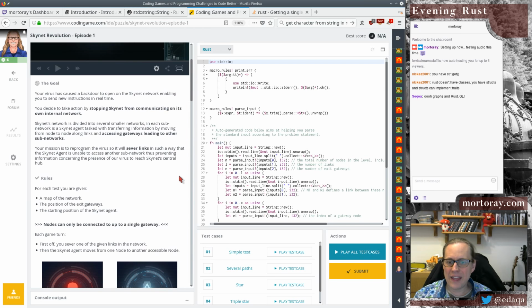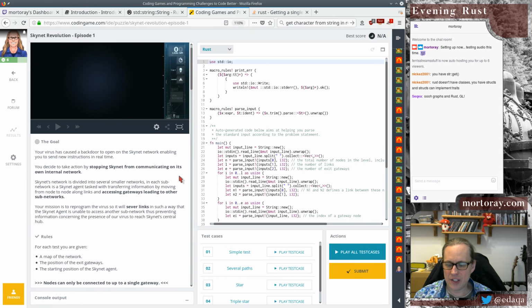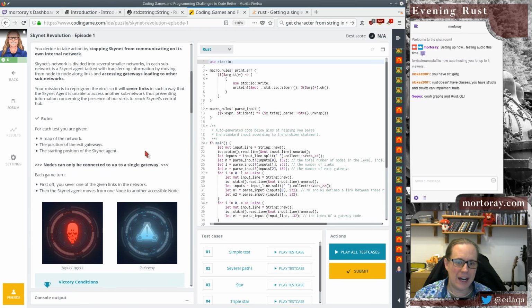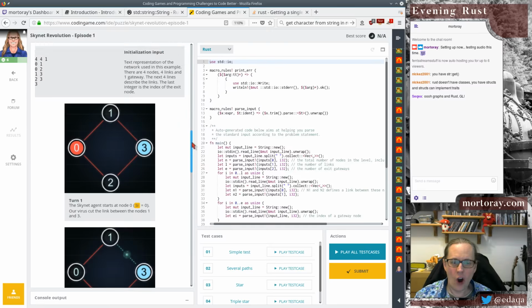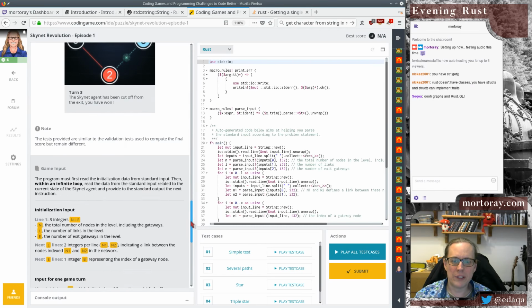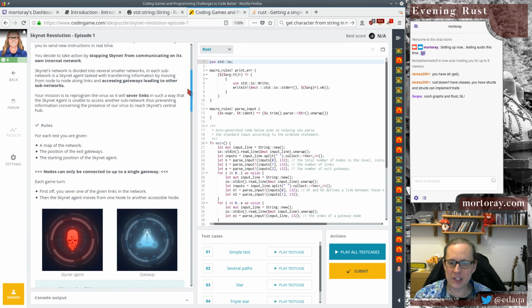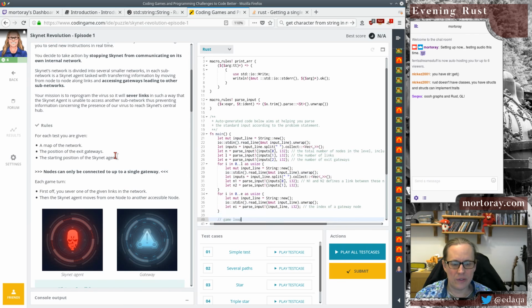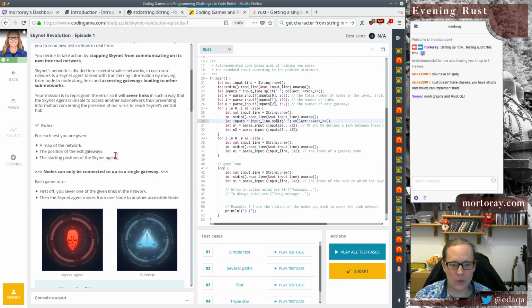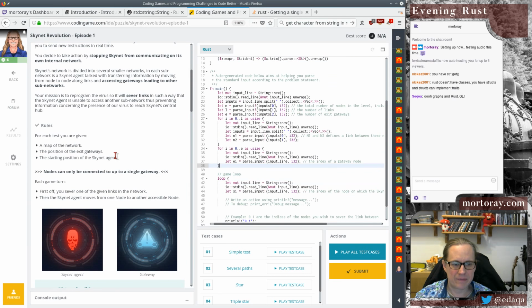And I think what they want, with them mentioning breadth first search, is ideally what I do here. If you wanted the optimal solution, you would probably use an A-star algorithm. The A-star algorithm would be: from the SkyNet node, what's the closest gateway node, and sever the path to that closest gateway node. Okay, now we need to read this stuff in. We need to have a structure of,